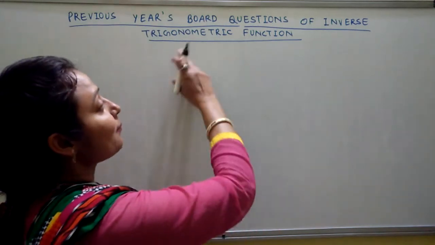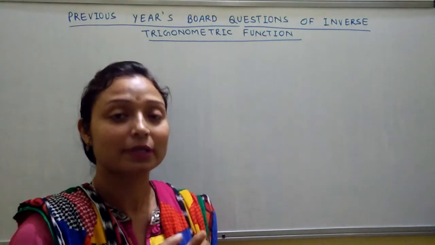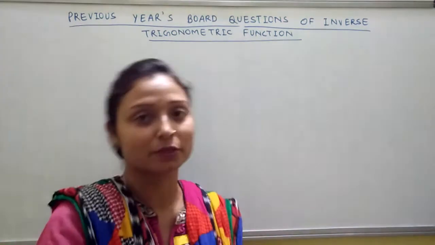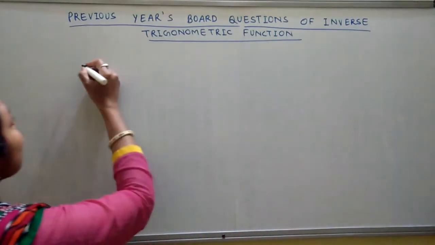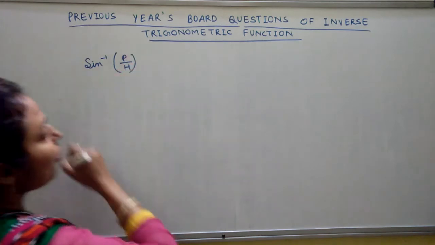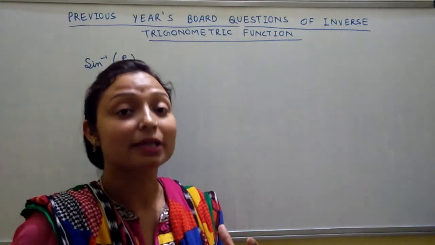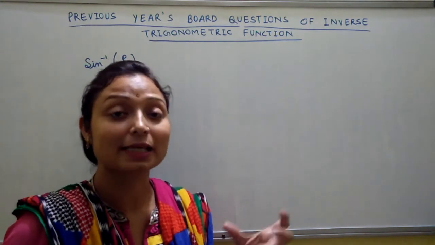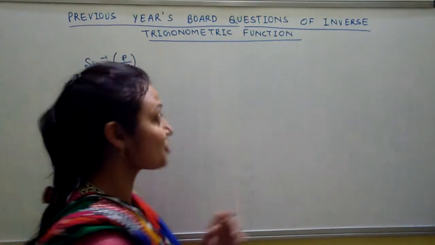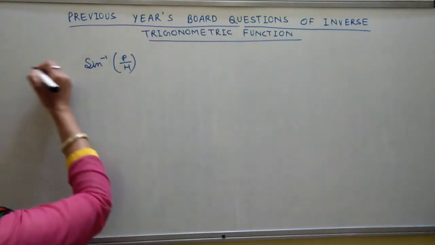Only some questions. Okay. Now before starting these questions, I want to explain one thing to all of you. What is that? How to convert an inverse trigonometric function into another inverse trigonometric function. Let us suppose we have sine inverse p upon h. You all know the trigonometric ratios: sine, cos, tan, cosec, sec, cot. Similarly, in inverse trigonometry, there are 6 inverse trigonometric functions. So first of all, if I want to change it into cos inverse, how can we change?